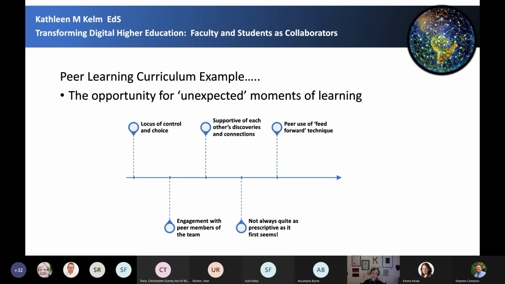Even though I have a vision as to how it's supposed to work, by giving them control and encouraging their supportive nature, I have in effect said, you go out and learn what you believe are the most critical pieces of this project. That is not easy to do. I know that it will work, but boy, it's scary. I've got to tell you, as a faculty person, it's pretty darn scary.